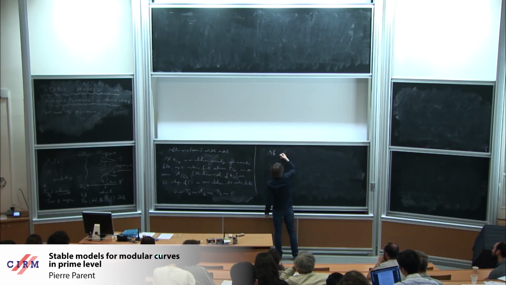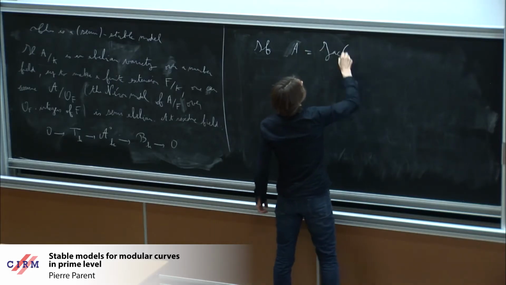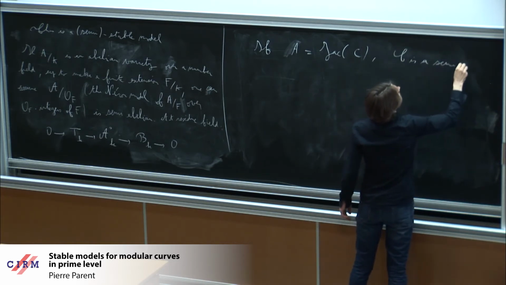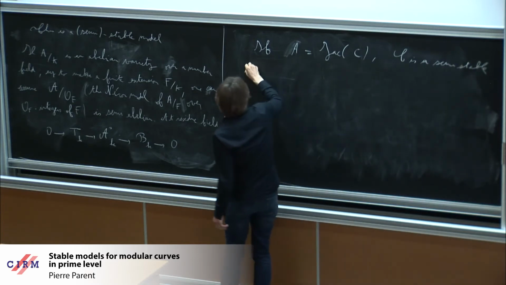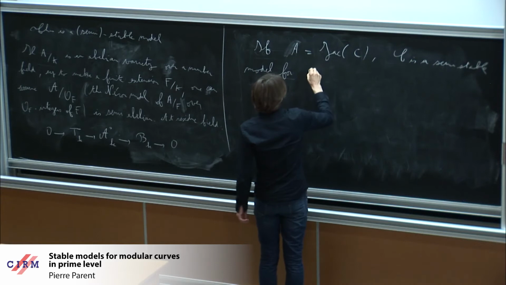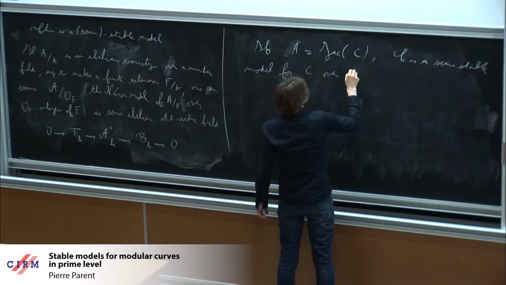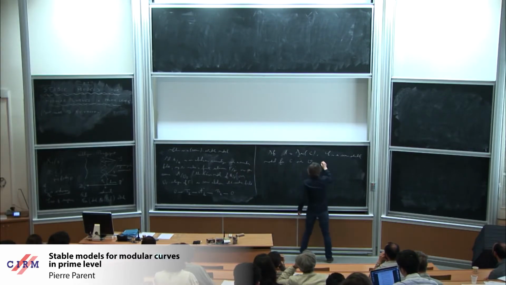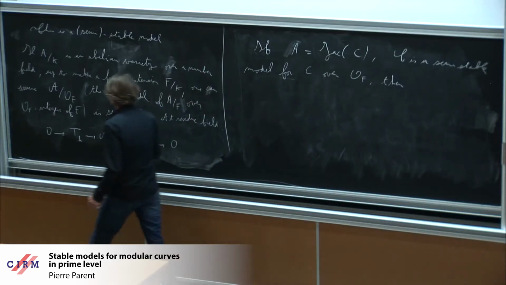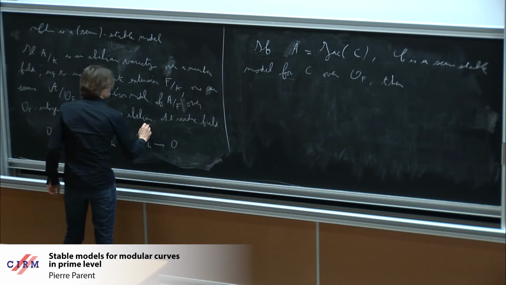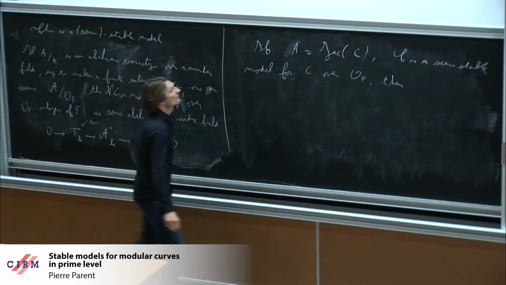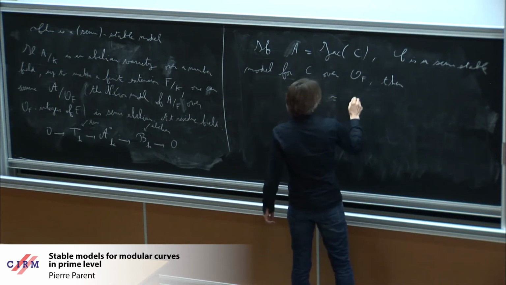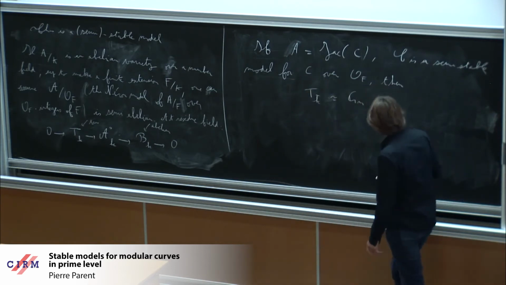So if A is the Jacobian of some curve C, and C is a semi-stable model for C over OF, then the toric part, so this is a torus, this is an abelian variety, then the toric part Tk, or at least over K bar, is just a power of the multiplicative group over K bar